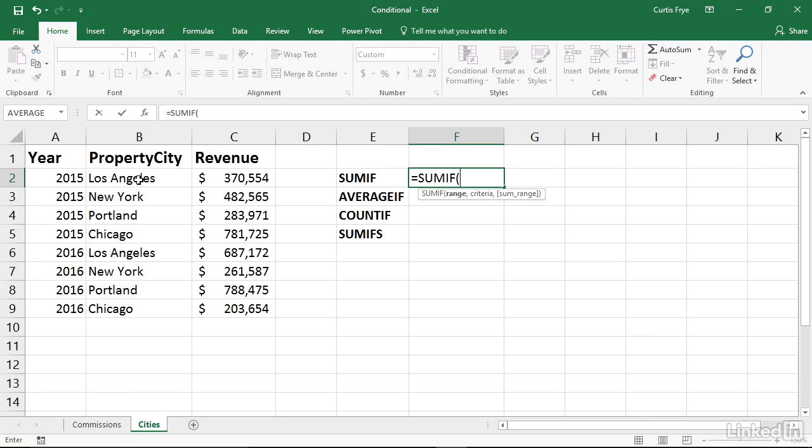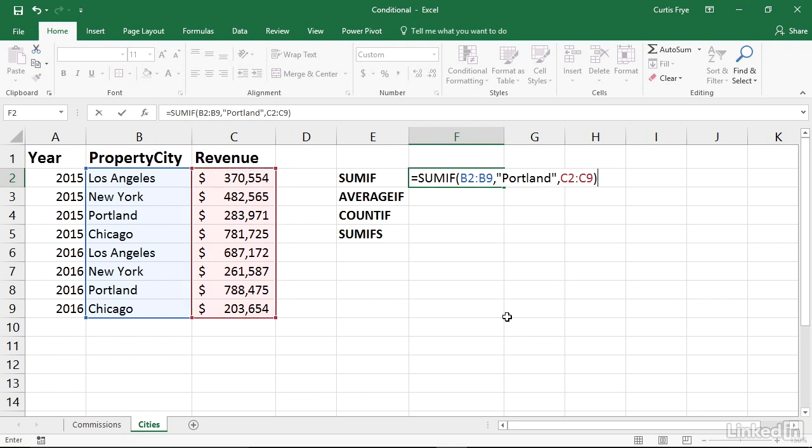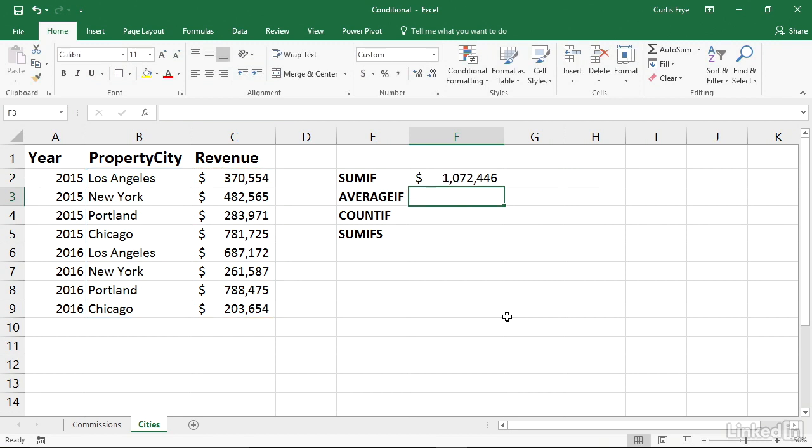So those will be B2 through B9, which are my actual cities. I'm leaving the header in cell B1 out, then a comma. Then the criteria, I want it to be equal to Portland. So that's a string or a series of characters. So I'll type a double quote, and then Portland, making sure I spelled it correctly. I did. Then a double quote, a comma, and then what is the sum range? The sum range contains the values that I want to add, and those are revenue from cells C2 through C9. And I'll type a right parentheses to close out the argument list, press enter, and I get my total of